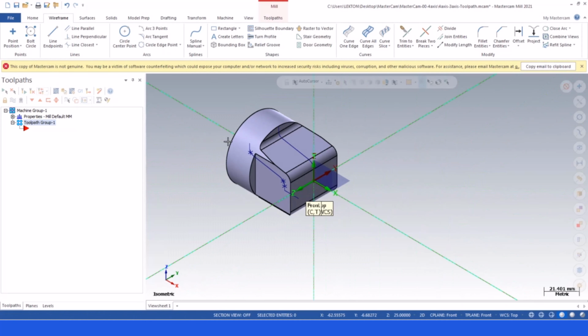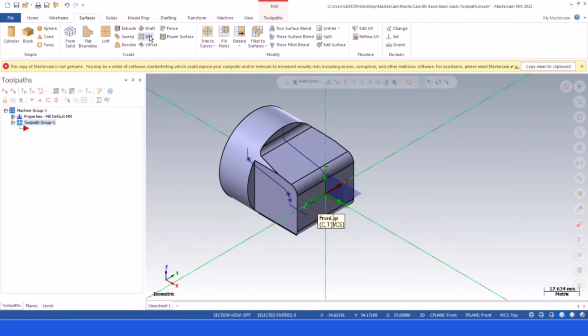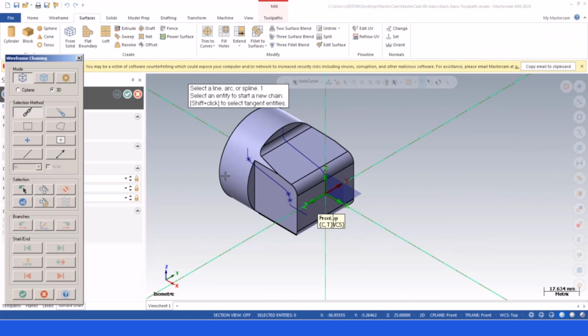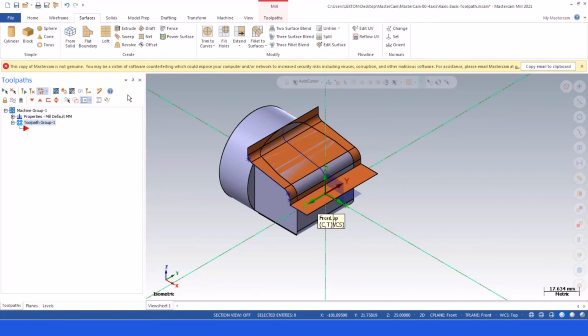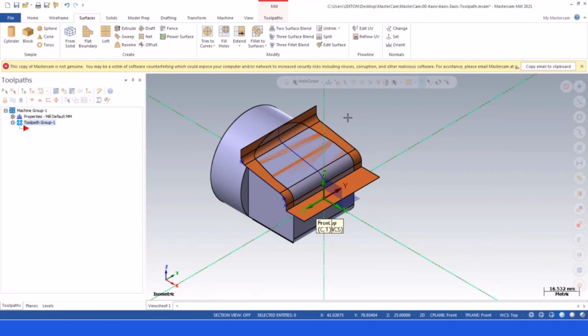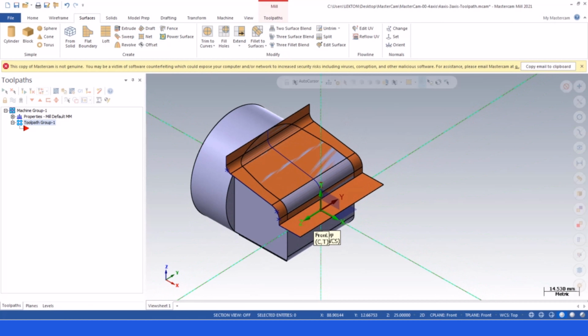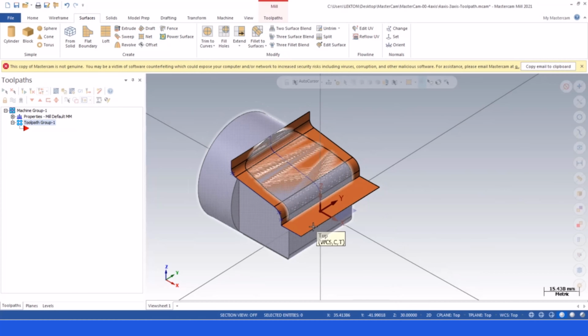We can turn to isometric perspective, and then I can click draft options. This is going to be my chain. We can use the opposite direction. This is 25. I can write like this. Okay. So after that, we can turn to top view and 2D, I can click here and we can also write 30 as a distance,